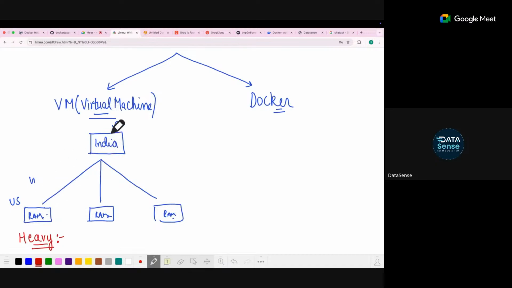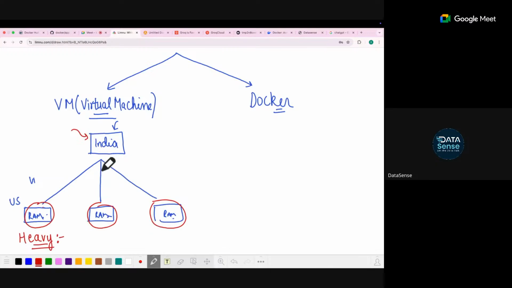Let's say you're working on a virtual machine, or let's say there are 3 virtual machines connected with your system. They will utilize the RAM of those virtual machine systems for every run that you're using. Even if your system has some version installed, they will not use it.